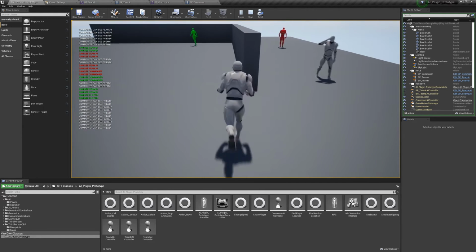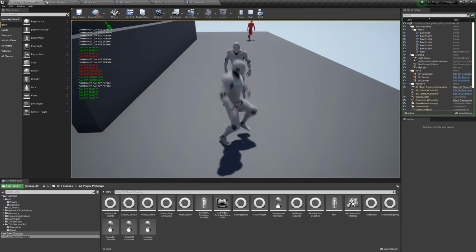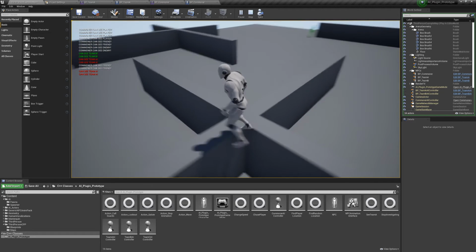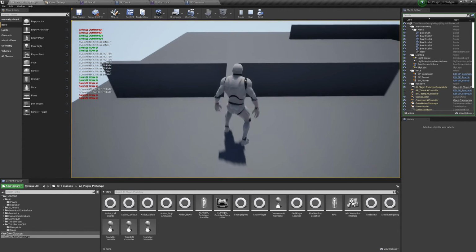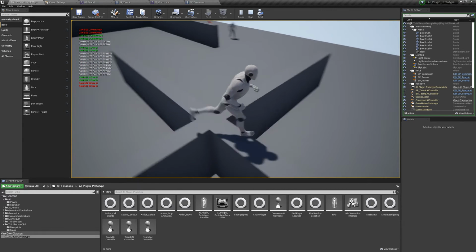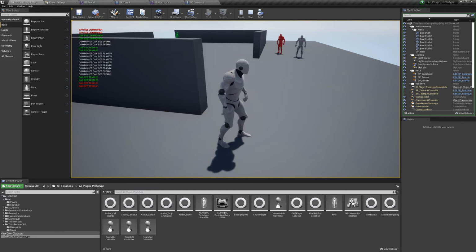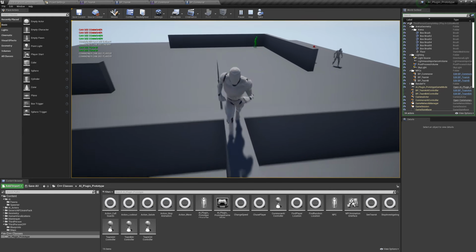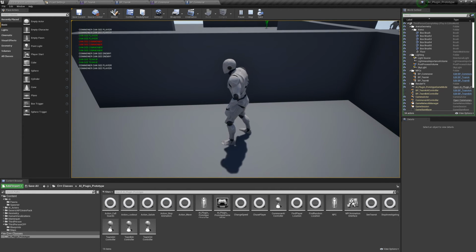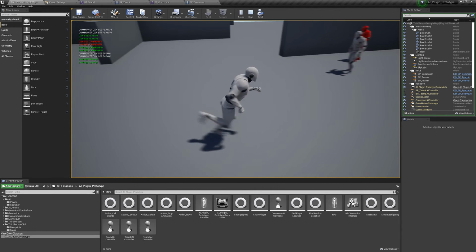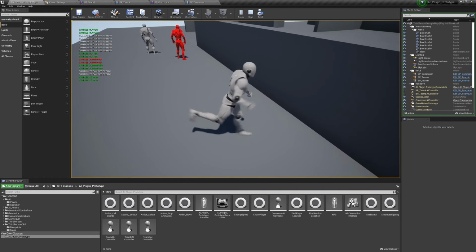So, coupled with everything I've picked up in C++ and what I've learned about AI, I have the foundations of a decent system once I figure out more flow control and the behavior tree. See, now you spot it. If it's making the sound, it's setting the is investigating tag, and she should be running to the target location. Her hearing radius is just enormous, 4,000 units. She should be able to hear it. So she can hear me, but for some reason, the noise event that the NPC generates doesn't do the thing.